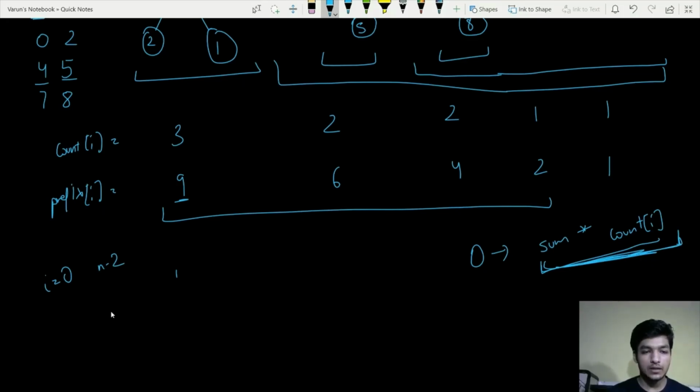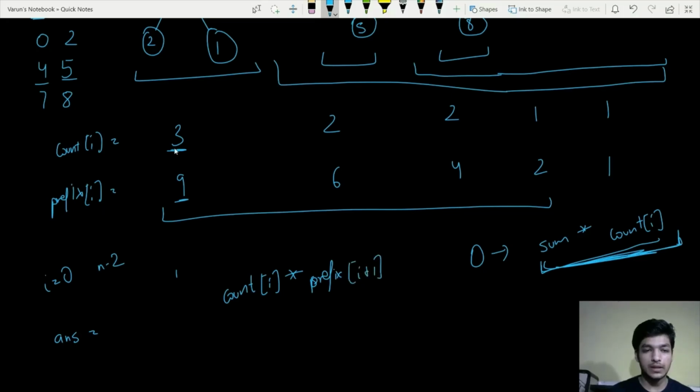So the answer for this would be count of this multiplied by the sum on its right. So count of I multiplied by the prefix of I plus 1.